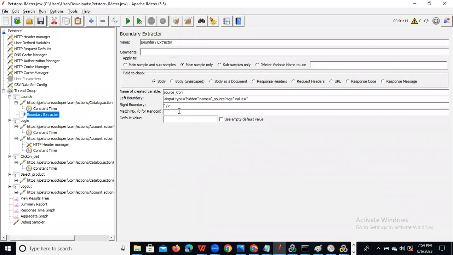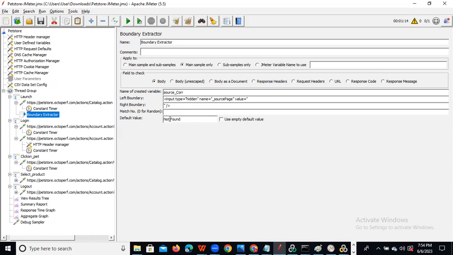If you want to give for the match case, it is nothing but an ordinal point of view. If you want randomly, you can give 0. Otherwise, if you want the first occurrence, you can give 1, and for the second occurrence, we can give 2. So that depends on the default value. Maybe this value you are unable to find, like the boundary is a mismatch, so which message do you want? Like I want the not found message.